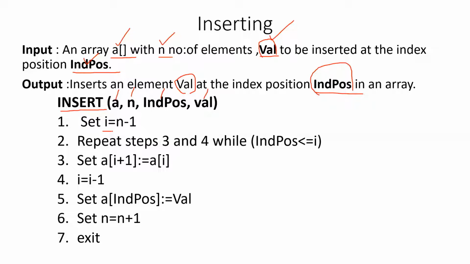What is I now? In the example which I showed, I had 6 numbers. That means the n value will be 6. Now, what is I? I value is n minus 1.